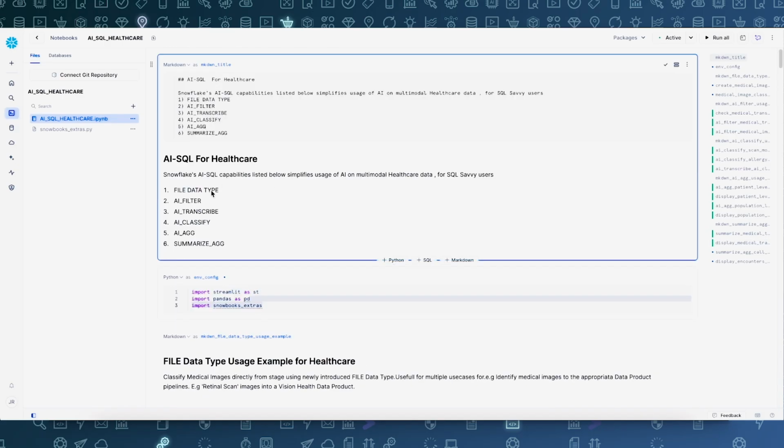Now, with all these capabilities that we have seen, right, the introduction of the file data type, which is starting to open up that multimodal data directly within your tables, and capabilities like AI filter, transcribe, AI classify, AI aggregate, what Snowflake has started doing is to bring the power of AI directly within your SQL workflows, very contextualized to how you utilize them against data, right? There are more interesting functionalities which will be rolling out shortly, but I'm hoping this session helped you to understand these capabilities from the